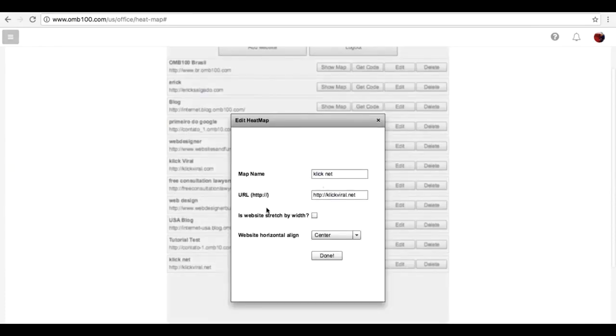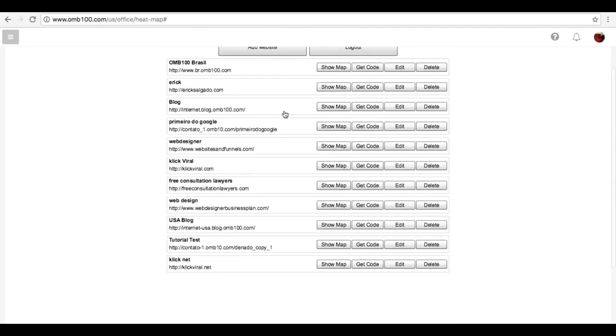You just give it a name. You put the URL of your site. It does have to be connected. Alright, and there's the website stretch bar width. We're going to leave this all alone right now, but you can go through our tutorials and see exactly how to put these together. But once you configure these things here and click on done, it shows up here in your layout,